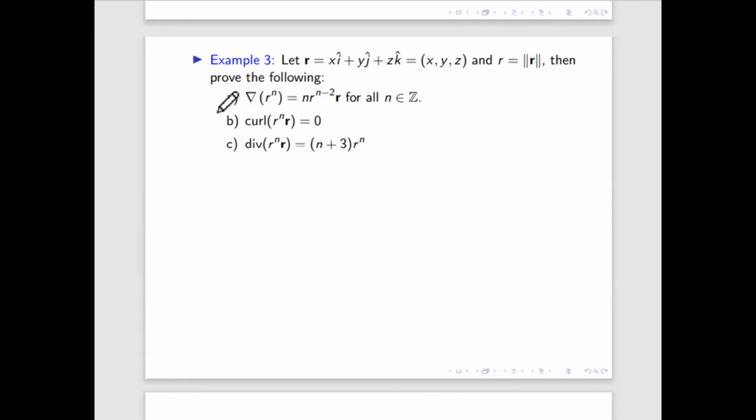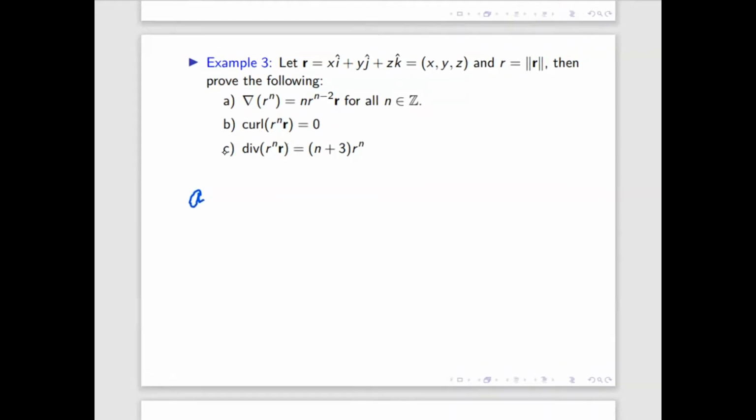So tell me which part you want. Out of these three I will do only two. So tell me which one I will do. You can choose out of these three only two. So tell me, I will do that one. B and C. A and C. So I will start with A and C.